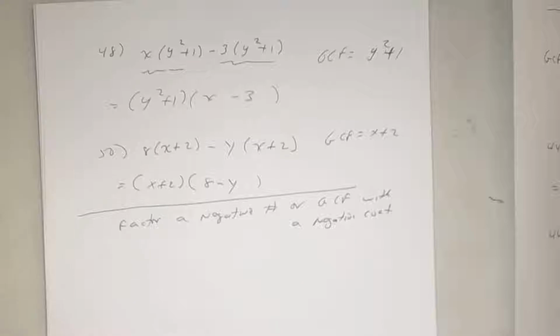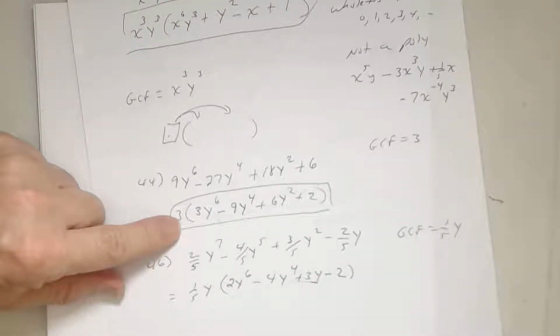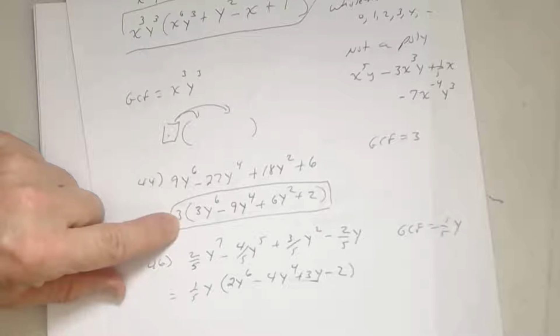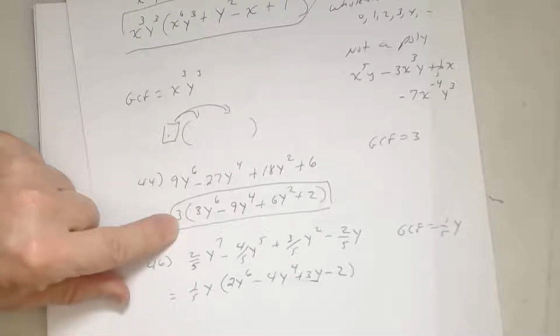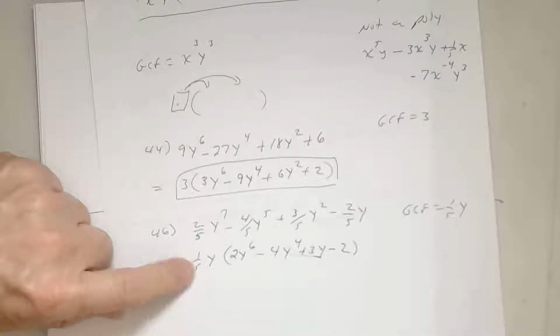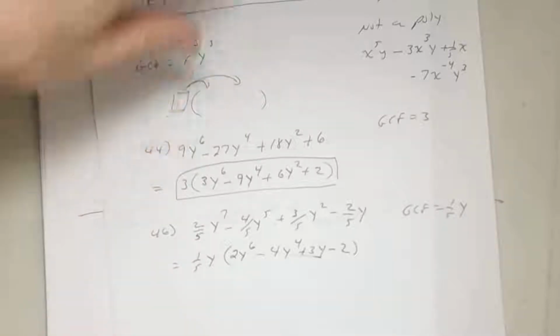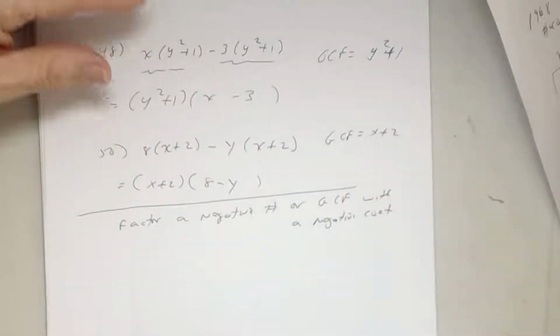Whenever we did the previous examples, just to tell you what the difference is. We did 44. What kind of GCF is this right here? Positive or negative though? Positive. When we did 46, this coefficient is what kind of number? Positive. In this problem, though, that you can look at,